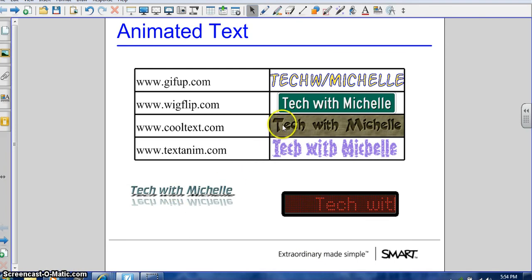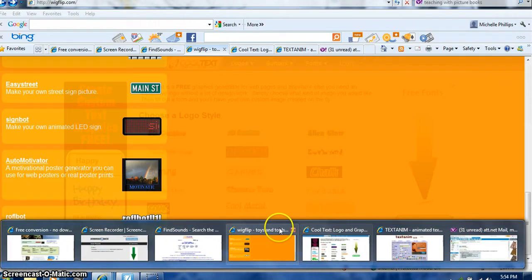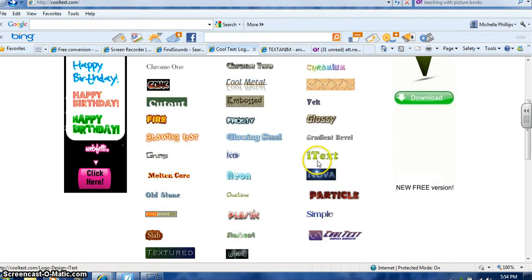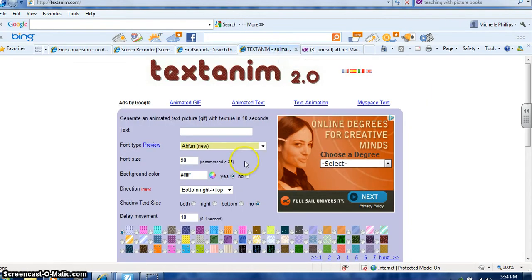Cool text is this one, and I believe this one as well. Let's go to cool text. Let's go ahead and close that one. This one, cool text. And you can just put in the words and then choose what you want to do with it. It's real user friendly. Let's see. And then